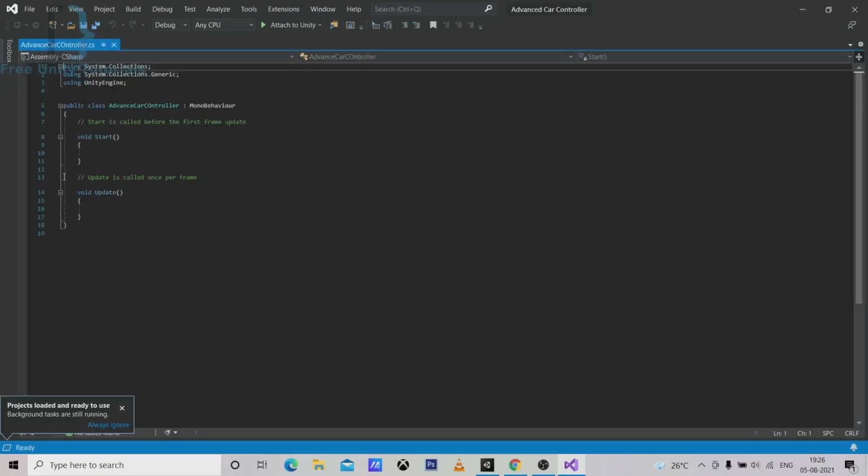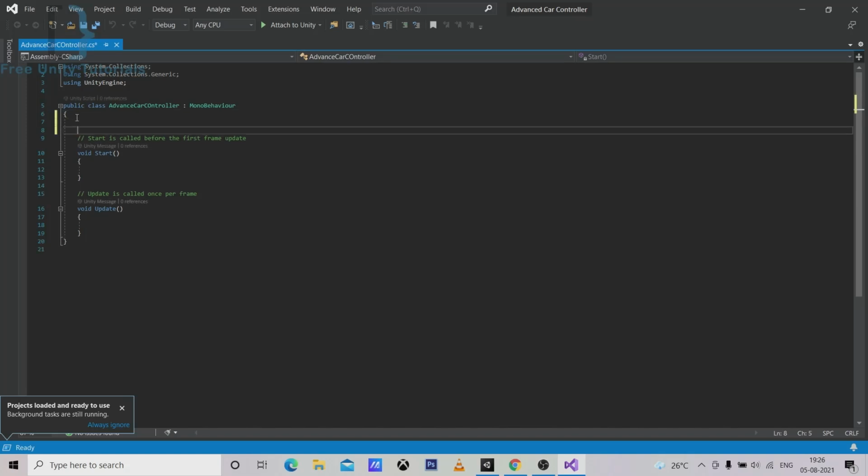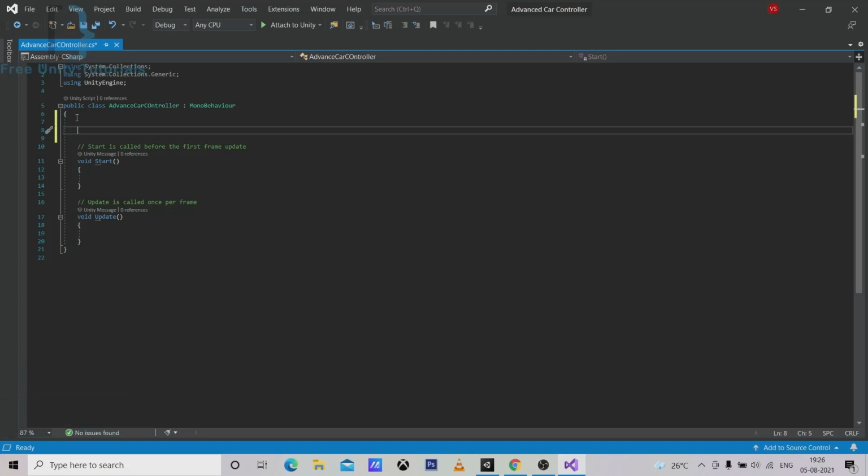I have also uploaded a video earlier for a realistic car controller, but that was a basic kind of controller, but this one is advanced, and you can also use this controller in AAA games. Okay, so let's create some variables. Private const string horizontal,